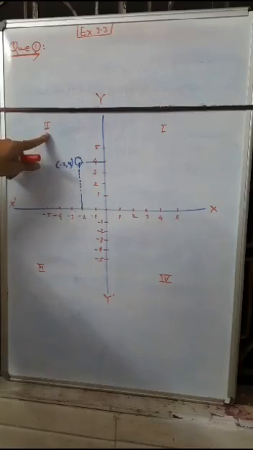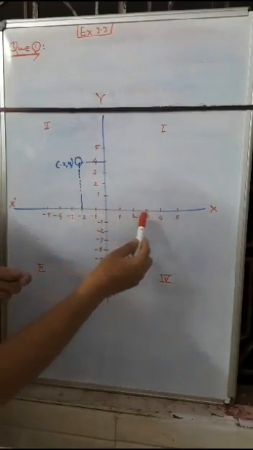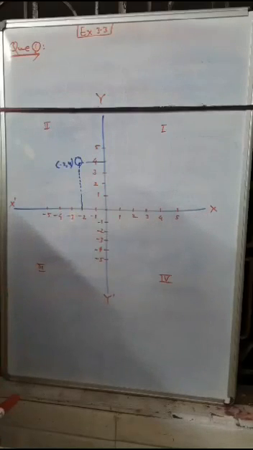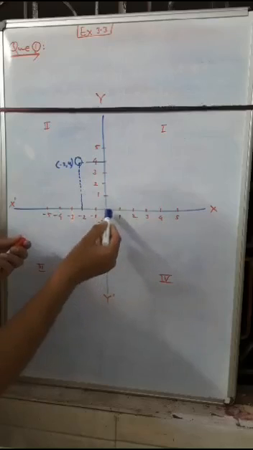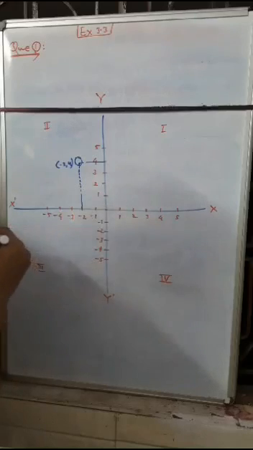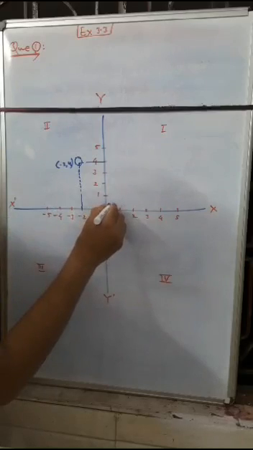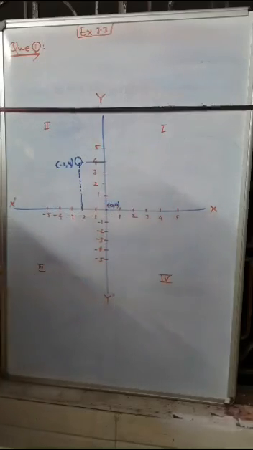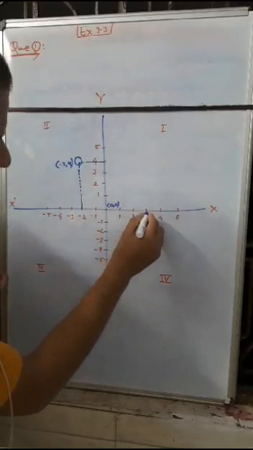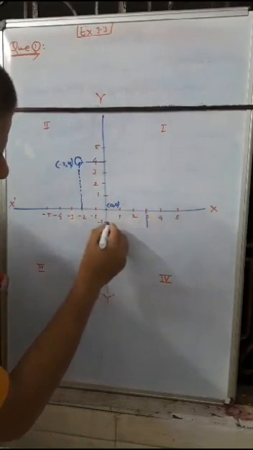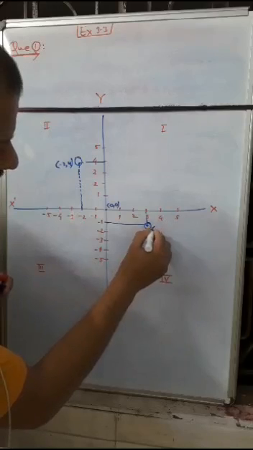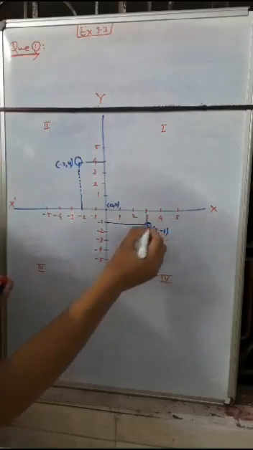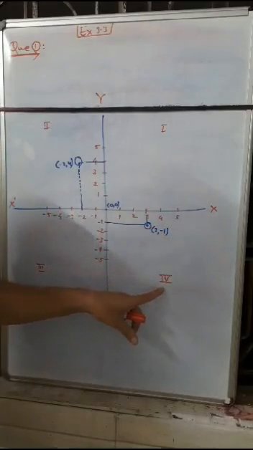Now (3, -1). On the x-axis we move to a distance of 3, and -1 lies below the origin point. This is the origin point, called (0, 0). Now we have to find (3, -1). We draw 3 and -1, and we get the intersecting point. So we can write (3, -1), which lies in the fourth quadrant.